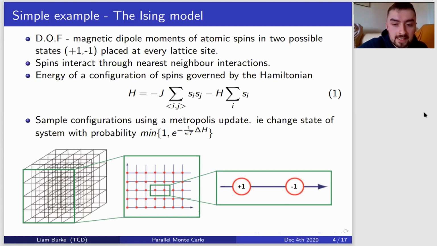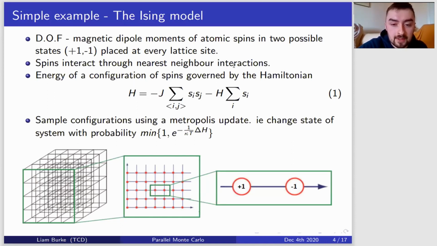As I said, the way we run Monte Carlo simulations is by looping through or generating a sequence of configurations of the system, so some orientation of all these spins at every site of the grid. We do this using the Metropolis update. What the Metropolis update does is move from one configuration to the next, depending on the energy difference between different configurations. In a practical implementation, we would loop through every site of the grid, and we would look at the energy of the system, which we obtain